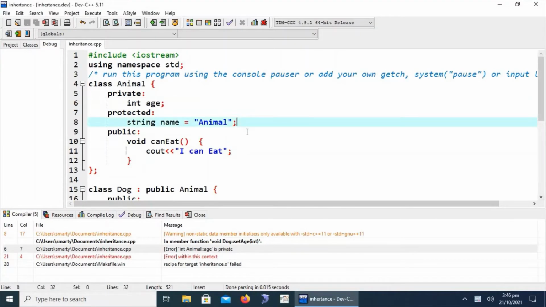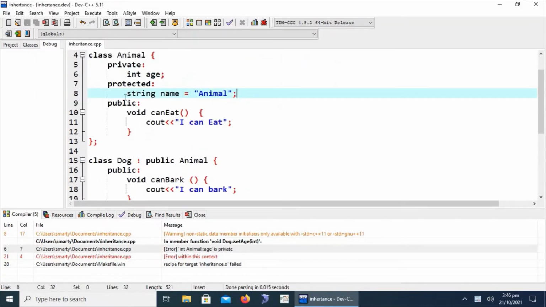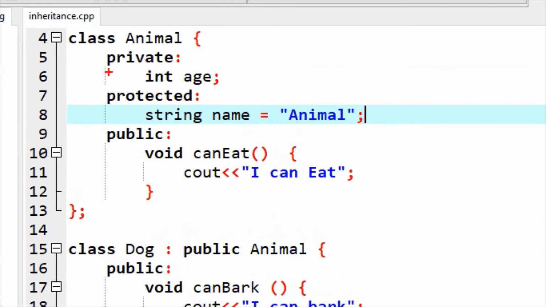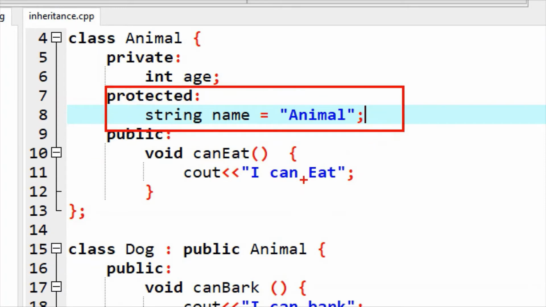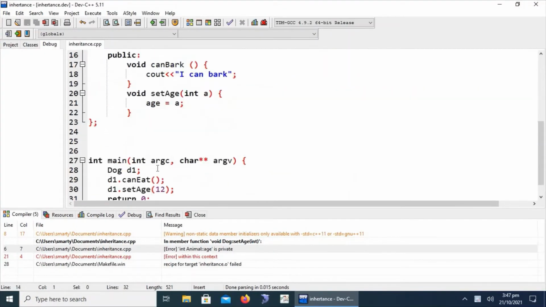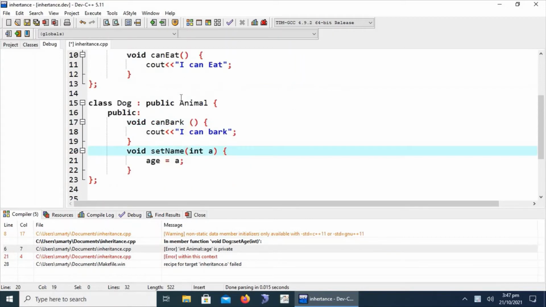Okay, now we are going to try to access the data member which is defined as protected, to show that protected access specifiers are easily accessible in the child classes. So let's start. We name it set name, and this function renames the animal.